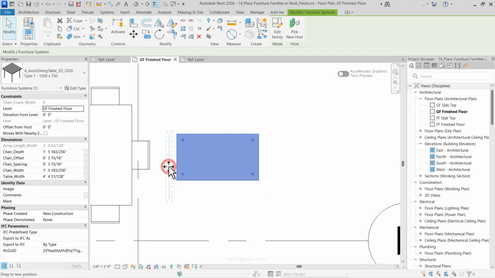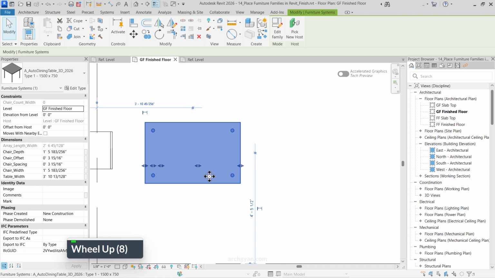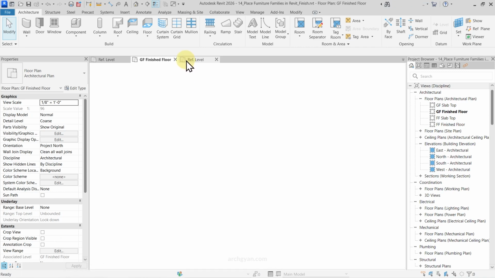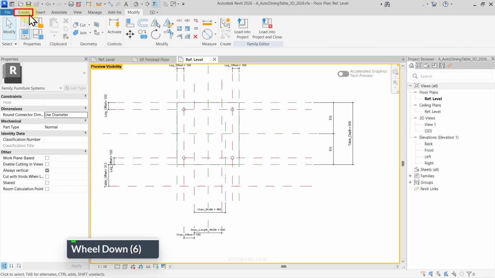How cool is that? So now we need to center a chair here. When I reduce the size, I need a chair right in the middle. So when it is less than 1200, I would like to switch on a parameter. To do so, let's go back to our family and let's place our